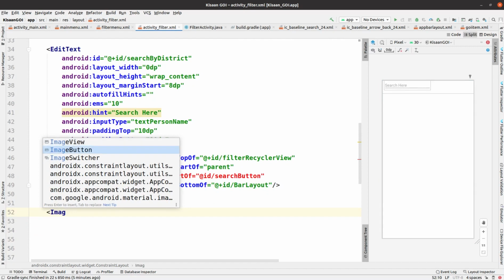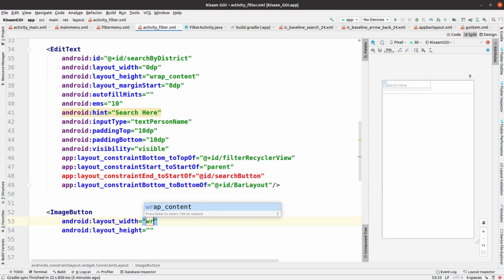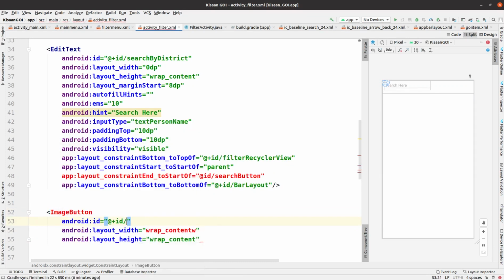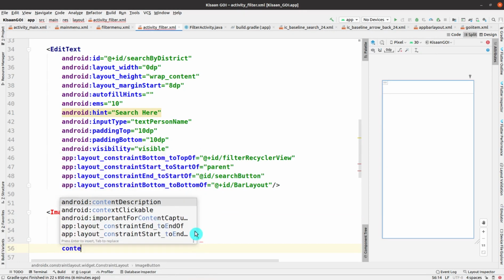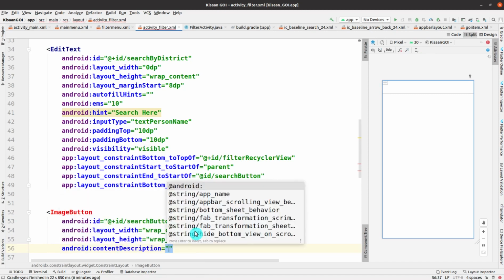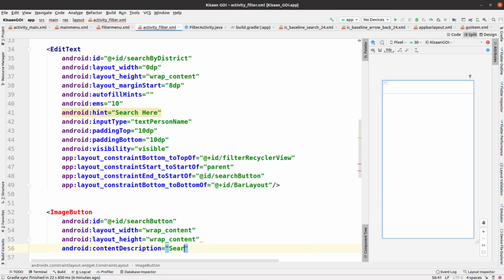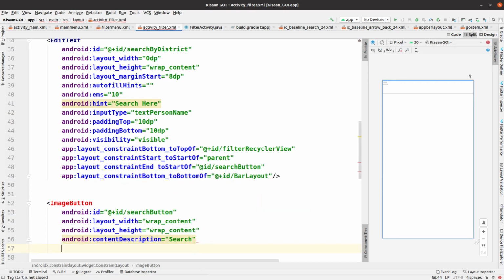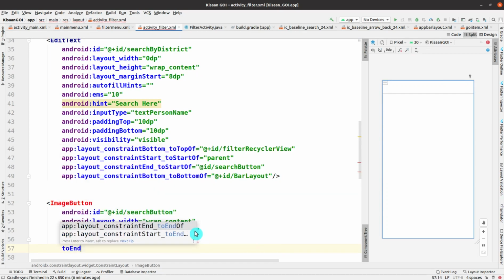Now we have to work on this search button, so let me go for the image button. Wrap content, the width and the height are also wrap content. Let me give the ID for this image button called search button, and then we have to add a few more properties, like content description, in which we add just search.